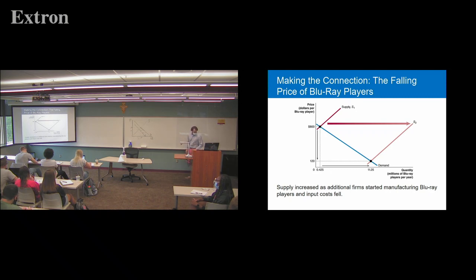And this is the cycle that happens with all new technology. It comes out super expensive. Very few people use it. And then over time, they figure out cheaper ways to make it. More firms begin making them because of the high price they can get. And the price slowly and steadily drops to something a lot lower.